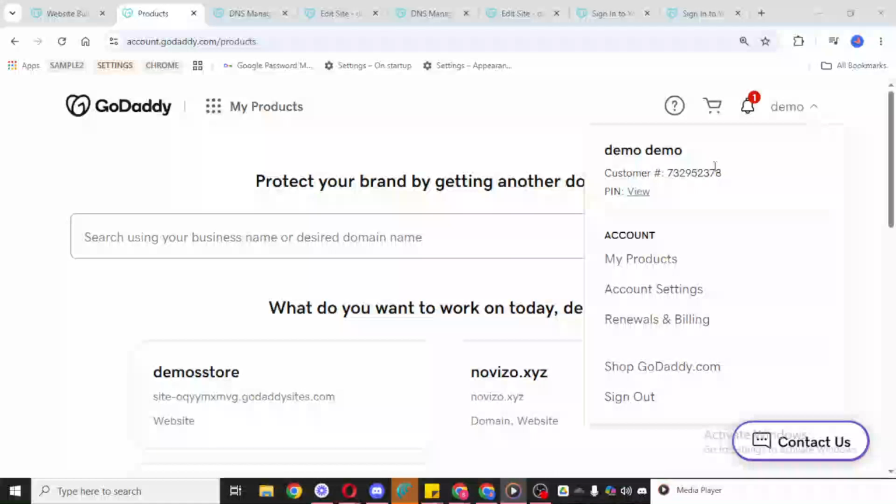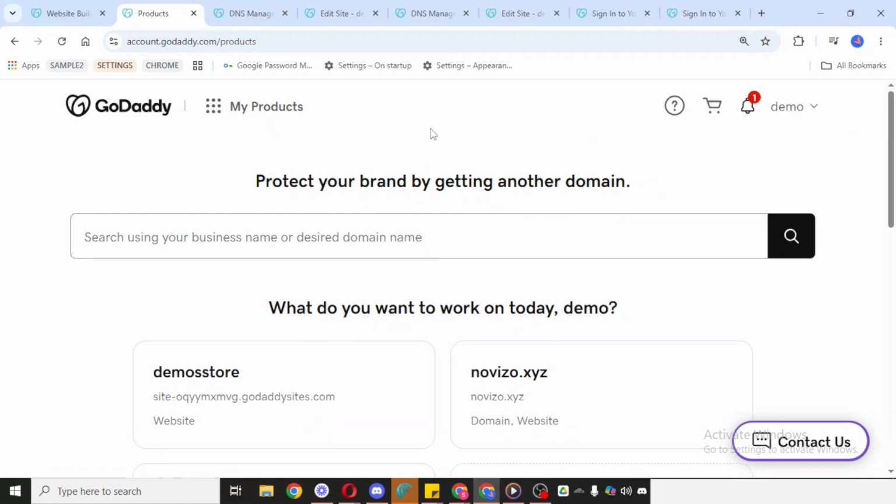In today's video, I'm going to teach you how to point a domain to an IP address in GoDaddy. If you want your domain to open a website hosted on a specific server, one of the most common ways to do that is by creating or updating an A record in your DNS settings. In this walkthrough, I'll show you exactly where to go inside your GoDaddy account and what to enter so your domain points to the correct IP address.